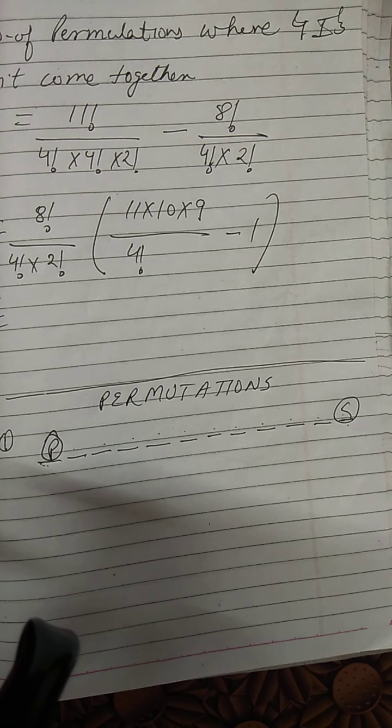And the last part is that there are always 4 letters between P and S. So we will fix the positions of P and S in our word arrangement so that always 4 letters are coming in between. Try to do these sums.